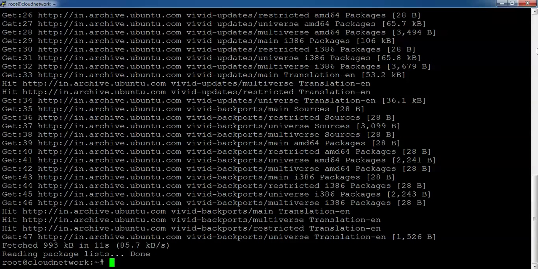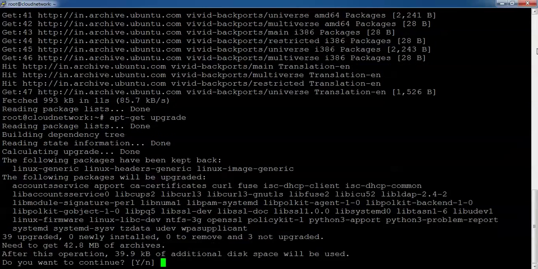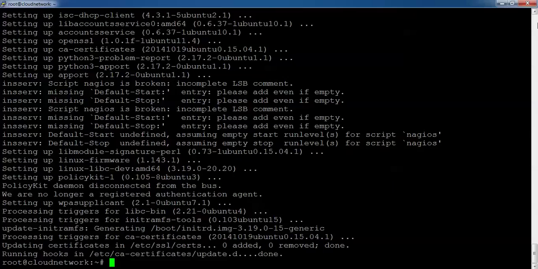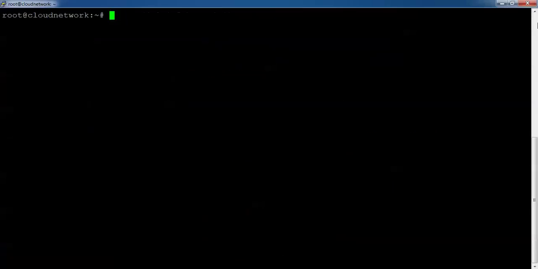Now this update has been completed. Now I am going to upgrade. Yes, now the update and upgrade are completed. Now you need to type uname -r to check your kernel version. This is the command to check your kernel version. Just type uname -r. So it's about the 3.10 version.